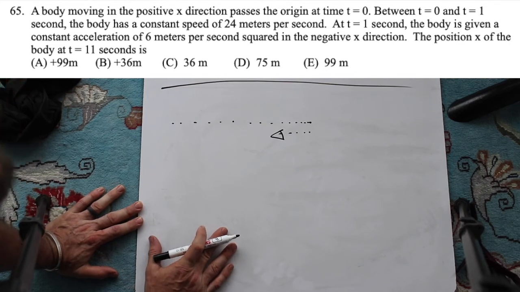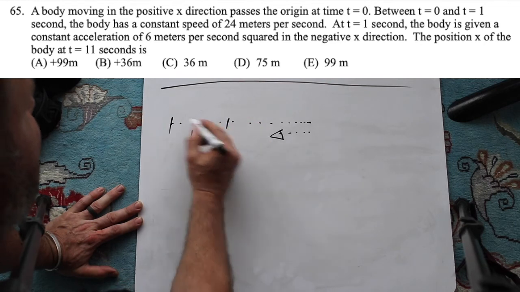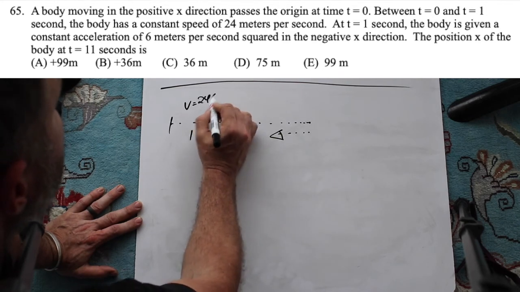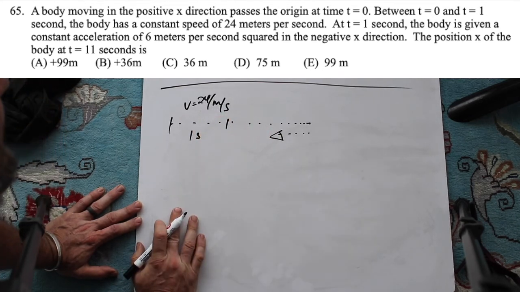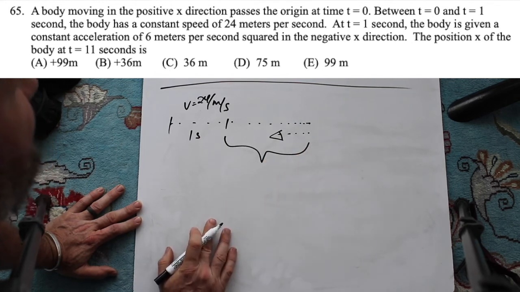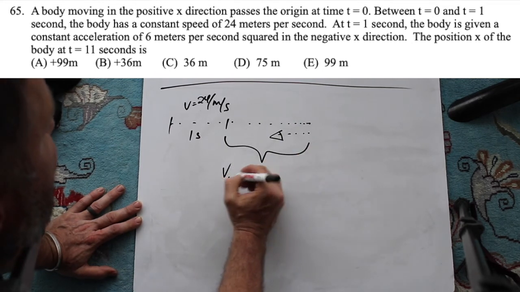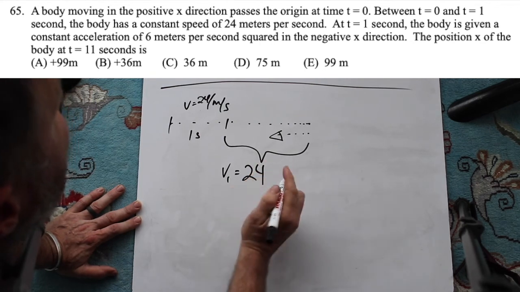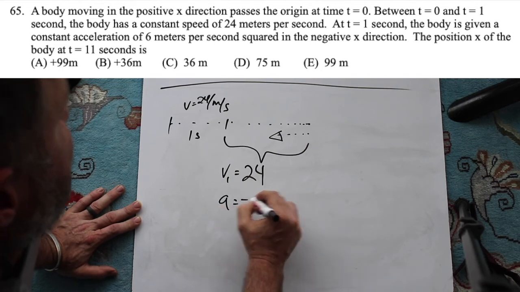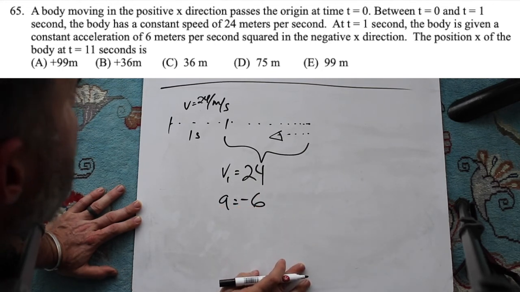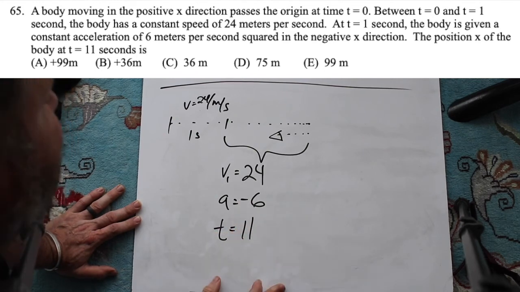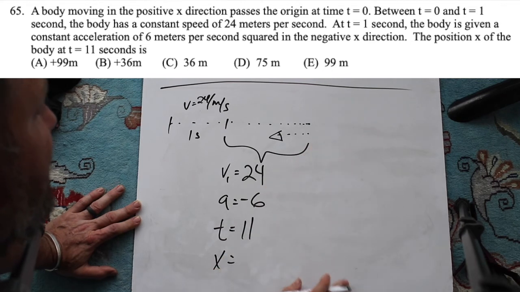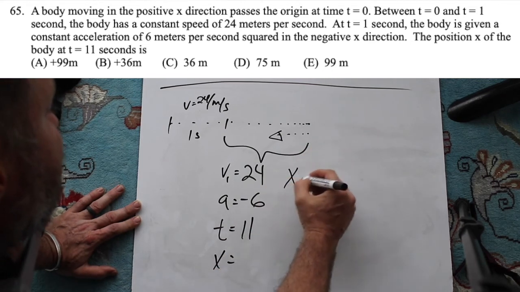So between time 0 and 1, so the first second, there's constant velocity. That velocity is 24 meters per second. And then we have a second phase of motion here. We're not really sure what's going to go down, but we know the initial velocity is going to be 24. And we know the acceleration is 6 in the negative direction. And we know that the time is equal to 11. And what we're after here is the final position. And so that is an x. The relationship between these variables is such